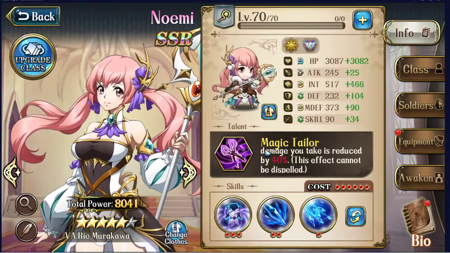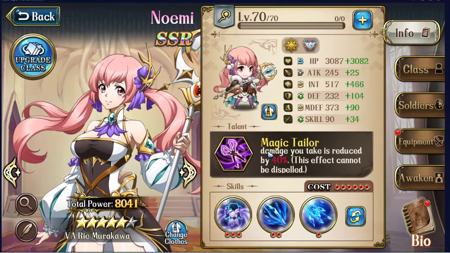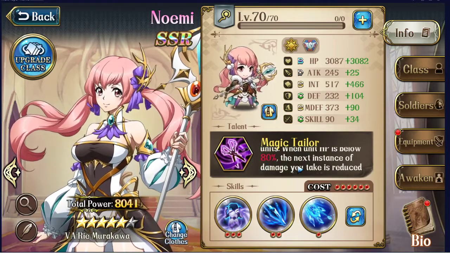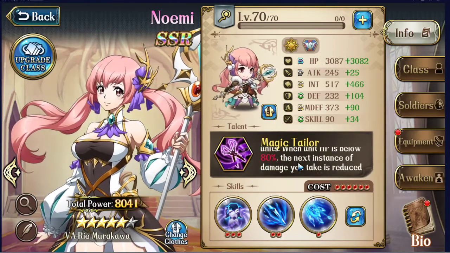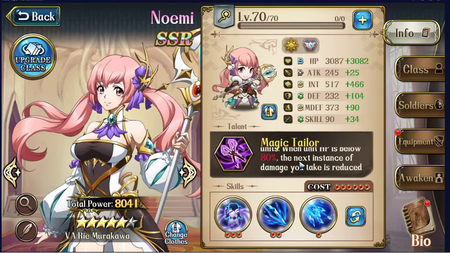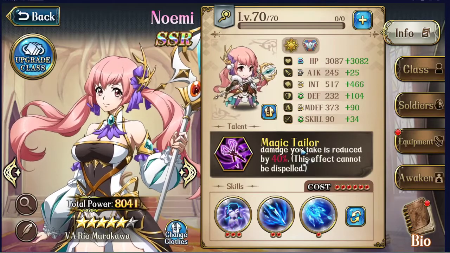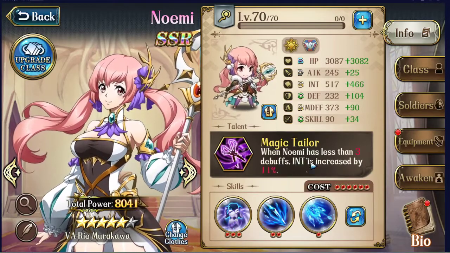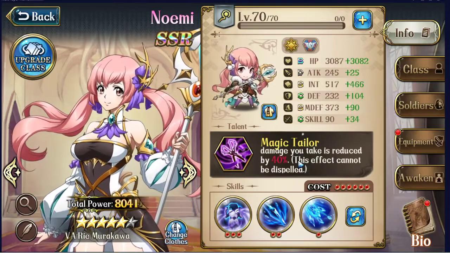So this is not the easiest to use, because remember, you have to be below 80% HP. But when you are, it's incredibly powerful, because it's going to make them think, can I kill him? I don't have a skill. Should I risk it? And the fact that, oh, boom,